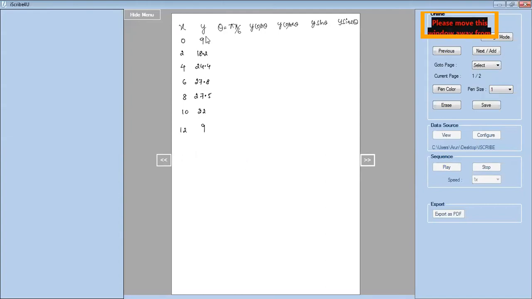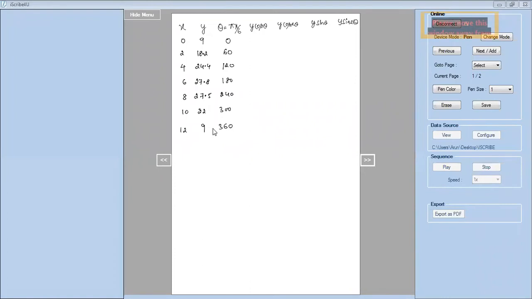Now calculate what is theta. First, put this value of x. X is 0 means 0 into this entire thing, it becomes 0. Then when x is 2, it is 2 pi by 6. 2 by 6 is 1 by 3, so it is pi by 3. Pi by 3 is 60 degrees. Next, if I put 4 here, 4 by 6 is 2 by 3. 2 by 3 into pi means it is 120 degrees. So next will be 180, then 240, then 300, then 360. So if I substitute these values of x in theta and calculate, these are the values for theta we are going to get. So 0, 60, 120, 180, 240, 300 and 360. So the degrees will come.